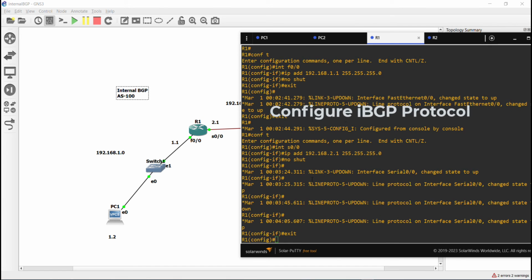So after all IP configurations, okay, now is the time to configure the BGP protocol.